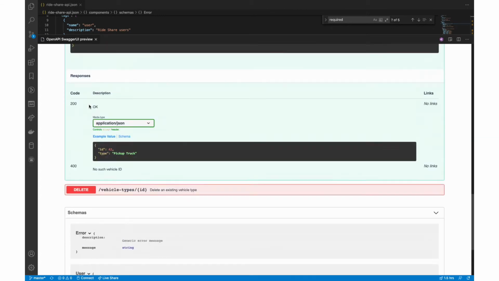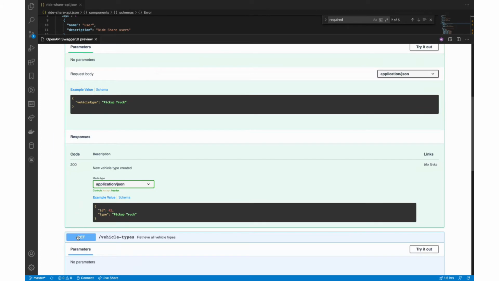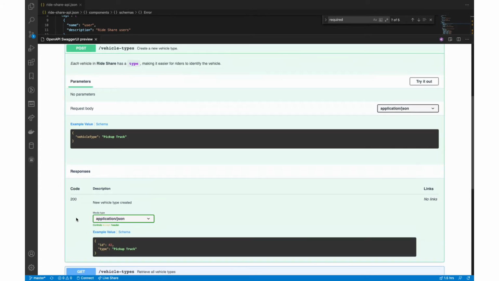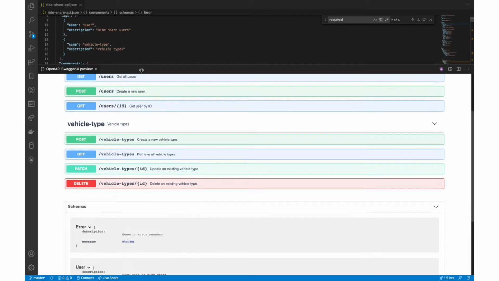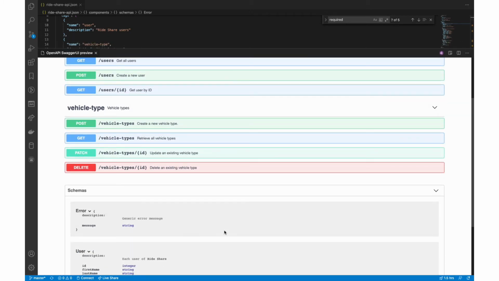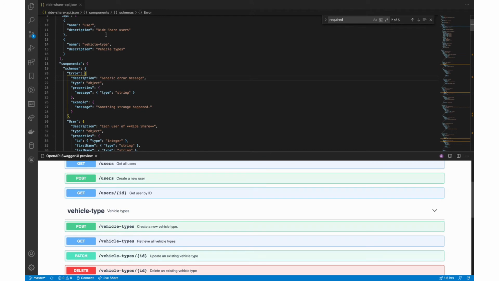So those four endpoints are defined in a file that captures these specific types of behavior and the information that's being passed around. So let's take a look at what that looks like. This is the output from the tool that I installed from the Swagger module that I installed in Visual Studio Code. The source code is just an ordinary